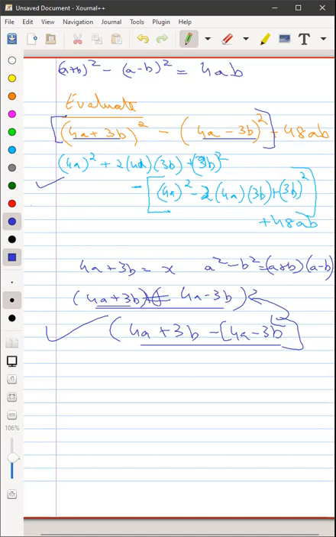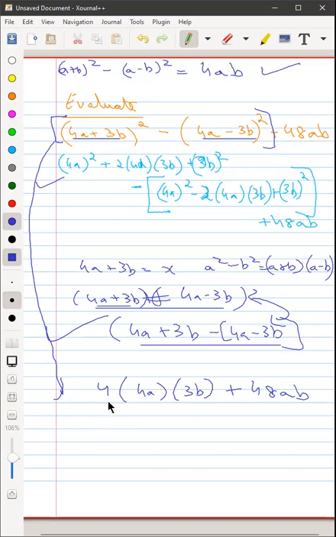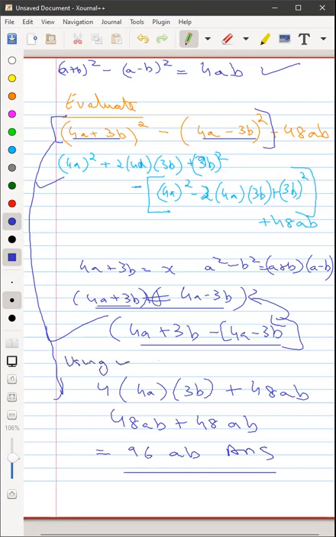So in this case, now directly when we apply this identity, what do we get? Using this identity, we can write 4 into, what is a here? 4a into 3b, plus 48ab. Yes, directly using this identity here. So what am I going to do? 16 into 3. So that's 48ab plus 48ab, which is 96ab. Right? So you will just write using identity. You group the first two. Then using the identity, this one.